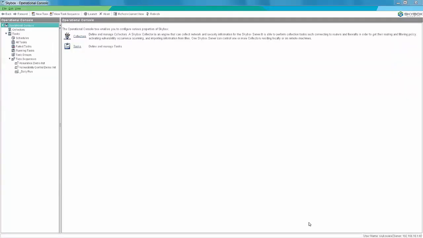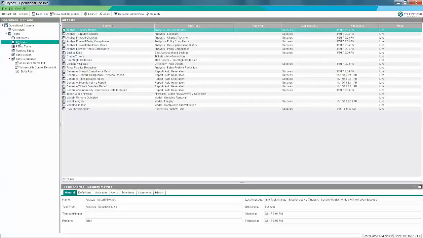On the left side, in the admin pane, we'll choose the All Tasks folder. Here we can see a list of example tasks that have been created. Pretty much any activity we want to perform more than once will have a task created for it. Among other things, creating the network model and keeping it up to date are important functions that get carried out